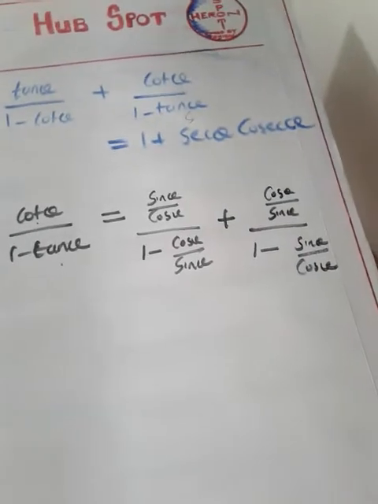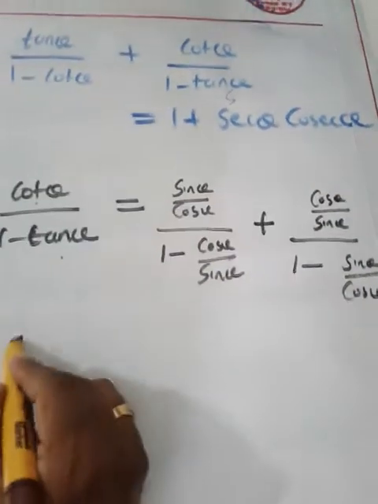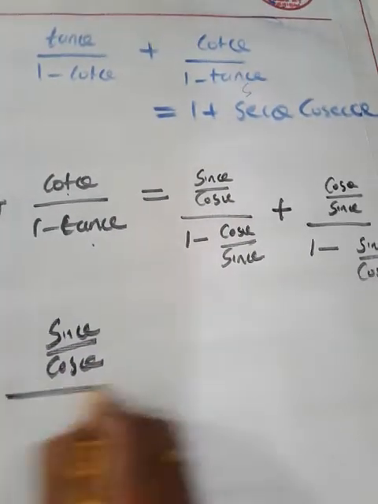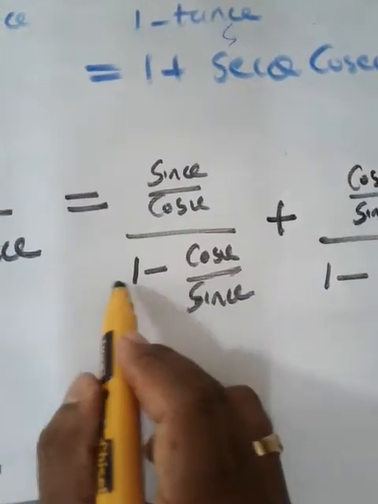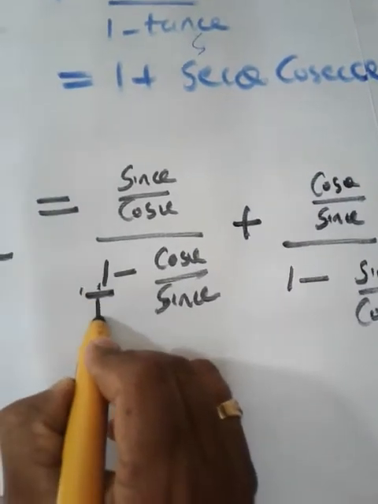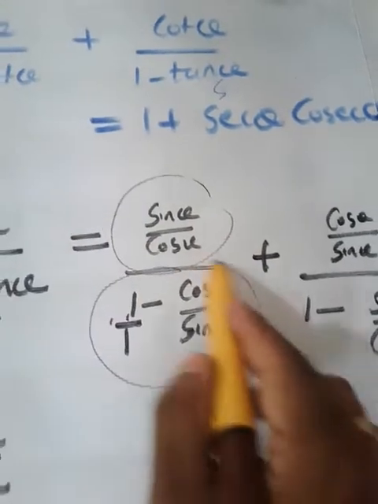And now let us move to the simple mathematical operations. Here I am going to keep sin theta by cos theta as it is in the numerator. What is the denominator? Let us apply cross multiplication here. What is sin theta into 1? Sin theta into 1 is sin theta. If you want, you can give a denominator 1 by 1 and cross multiply. So this is the numerator part and this is the denominator part.